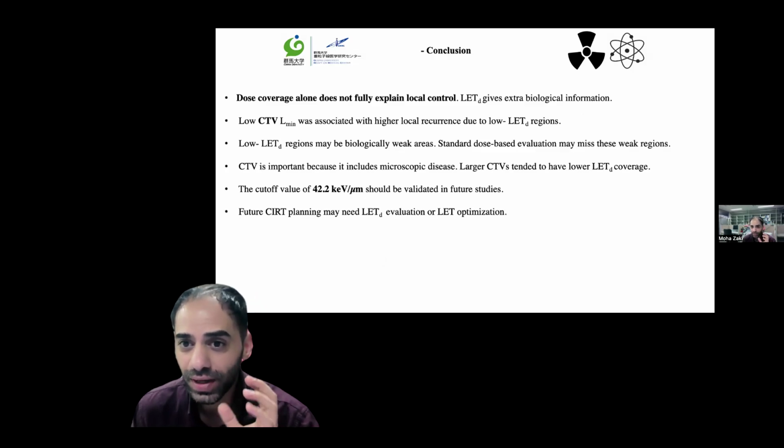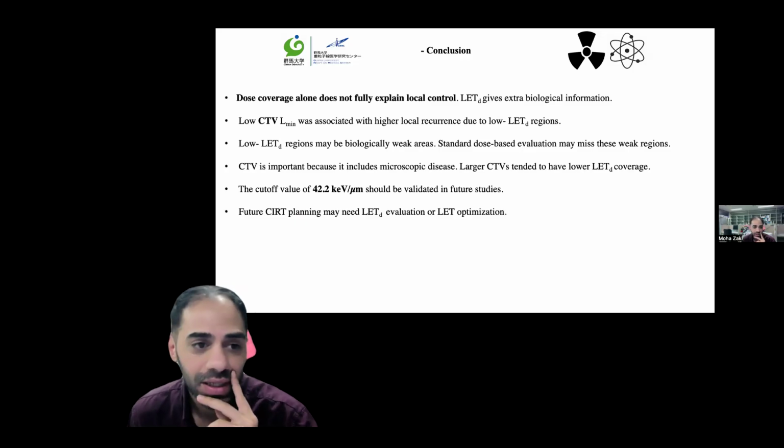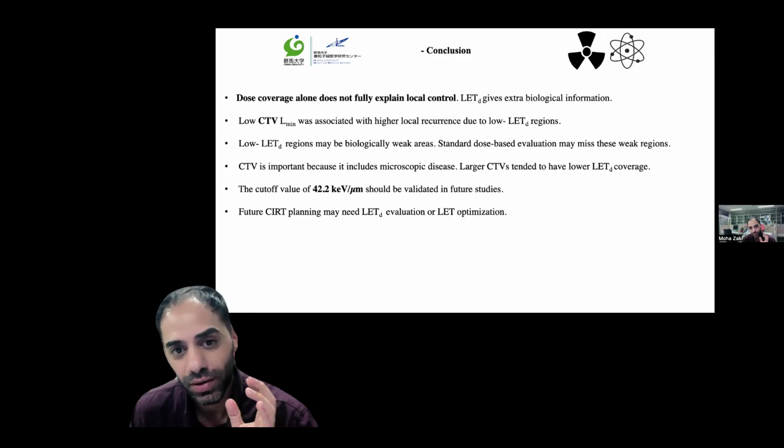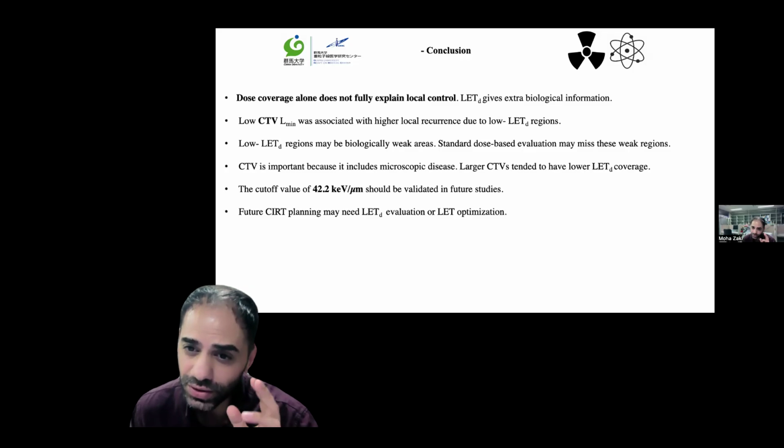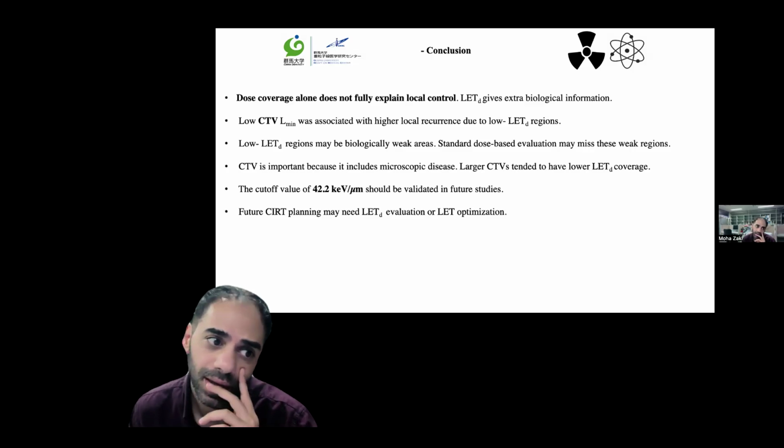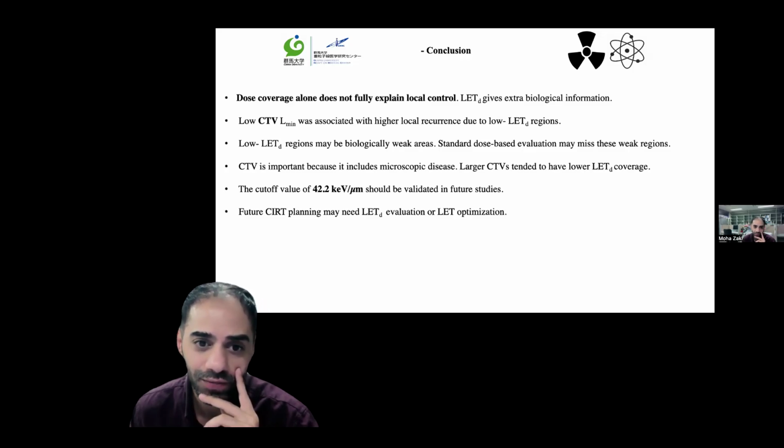Standard dose based evaluation might miss these weak biological regions. The clinical target volume is important because it includes microscopic disease. Larger clinical target volumes tended to have lower dose average LET coverage. The cutoff value of 42.2 keV per micrometer should be validated in the future,